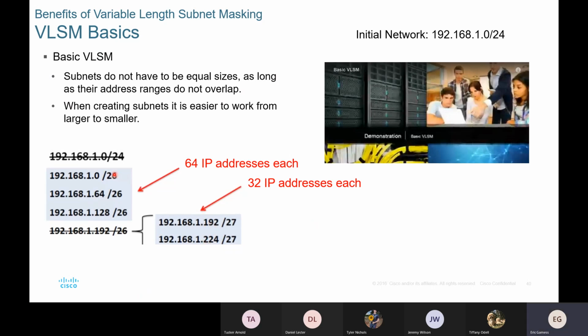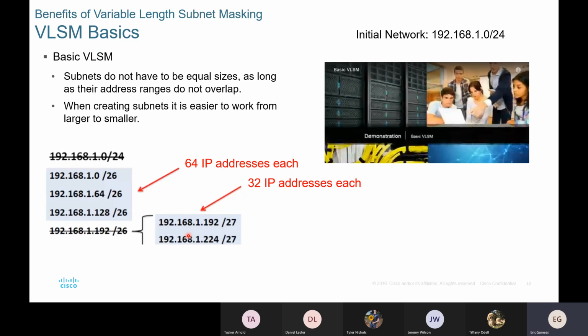So I will have created 5 subnetworks. This one has 64 IP addresses. This one has 64 IP addresses. This one has 64. This one has 32. And this one has 32. So you see, with variable subnet mask, the number of subnetworks doesn't have to be a power of 2,